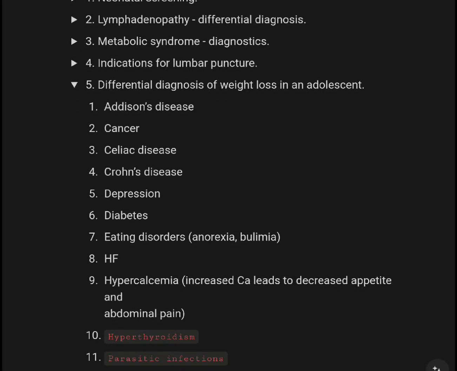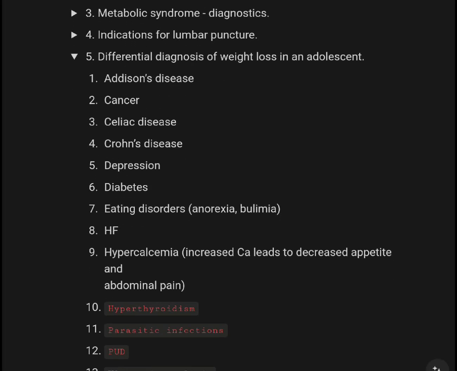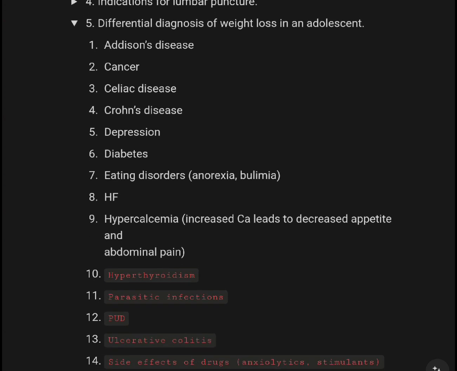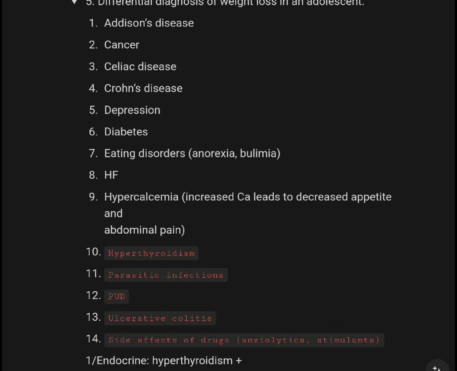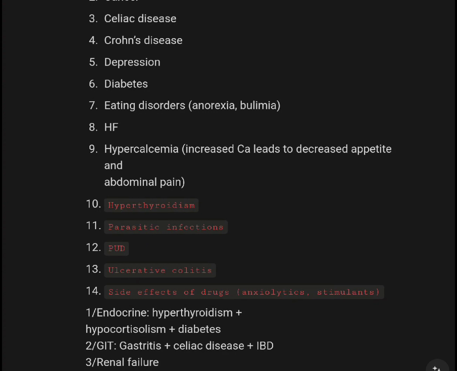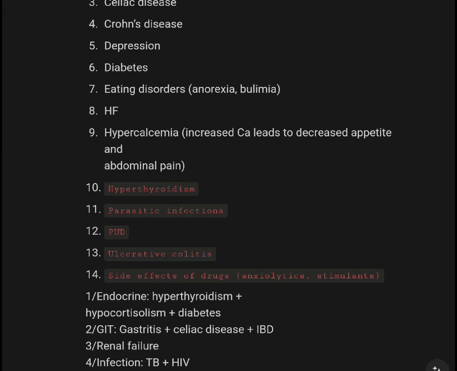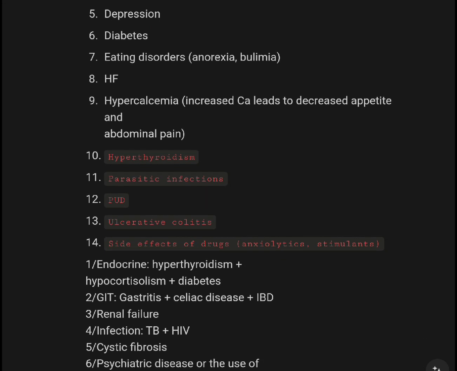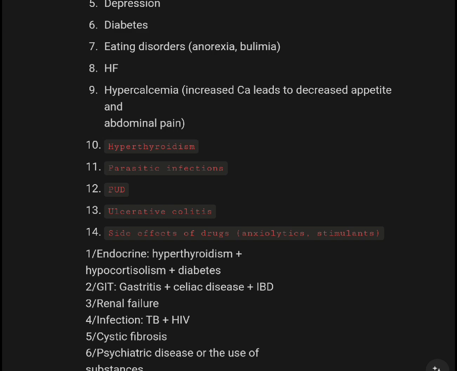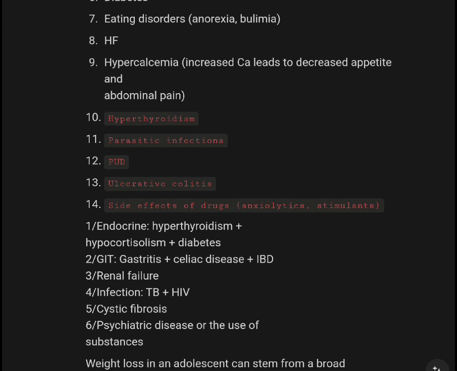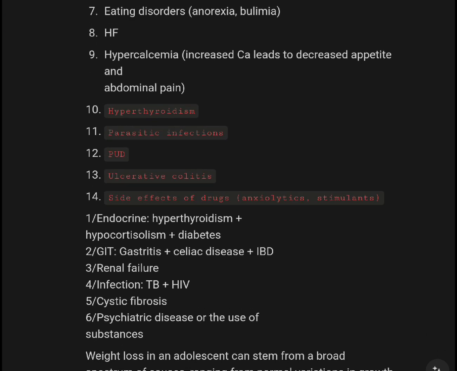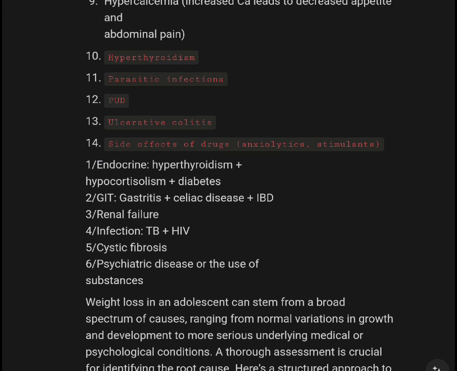Differential diagnosis of weight loss in an adolescent. This includes celiac disease, Crohn's disease, depression, diabetes, eating disorders (anorexia, bulimia), heart failure, hypercalcemia (increased calcium leads to decreased appetite and abdominal pain), hyperthyroidism, parasite infection, PUD, ulcerative colitis, side effects of drugs, anxiolytics, and stimulants, endocrine hypothyroidism,